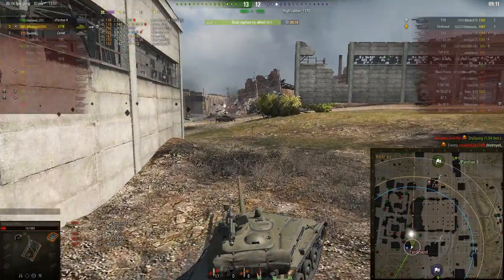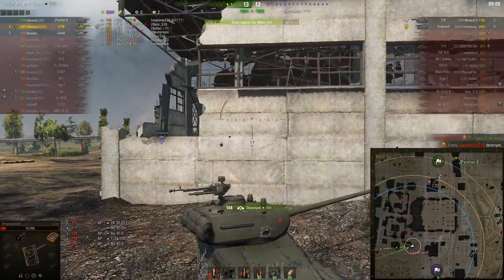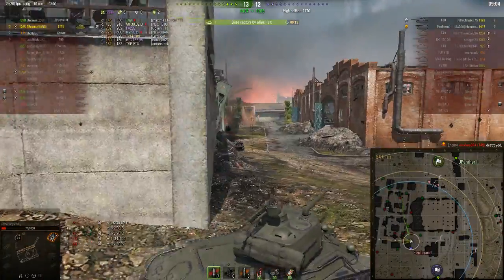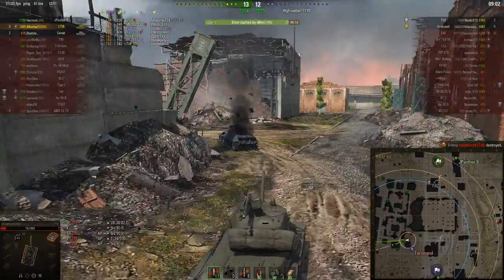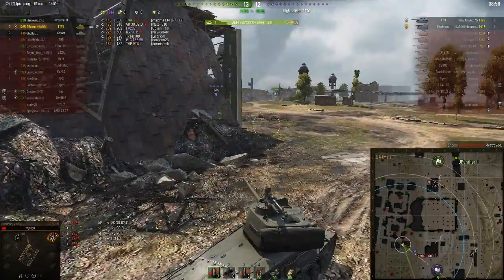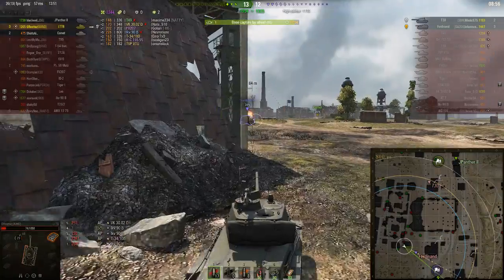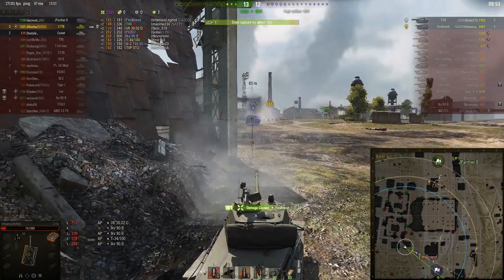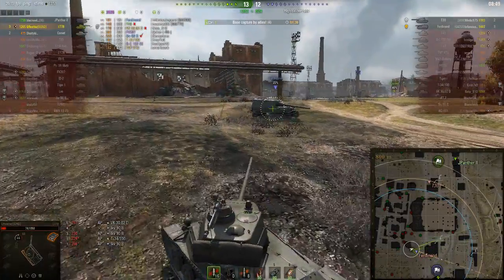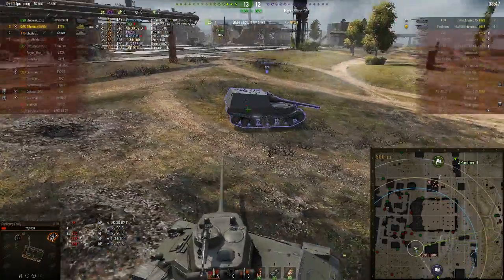Here I auto aim, and I use it to my advantage. It allows me to back up and get around into a position where the 49 can't actually see me. So sometimes auto aim has a very good, effective means. Here we go. Ferdinand is completely ignoring me, which is not his smartest move, because he really is kind